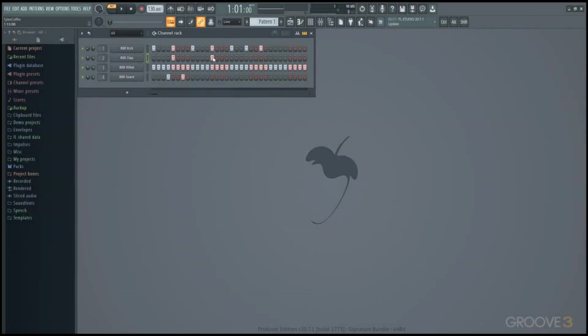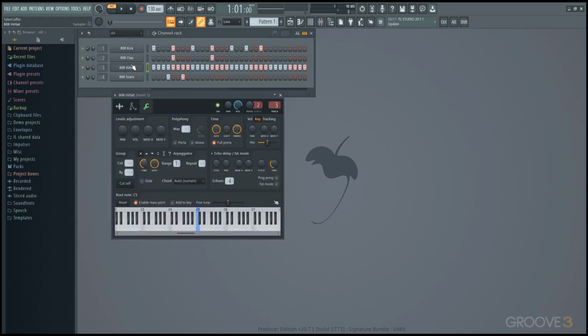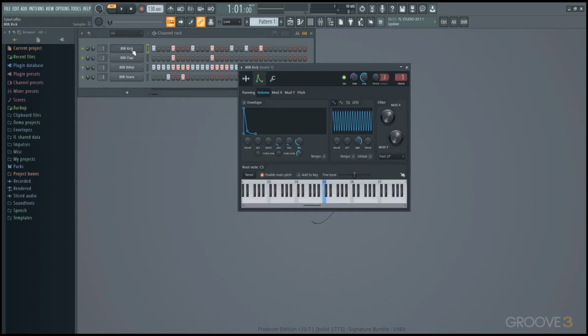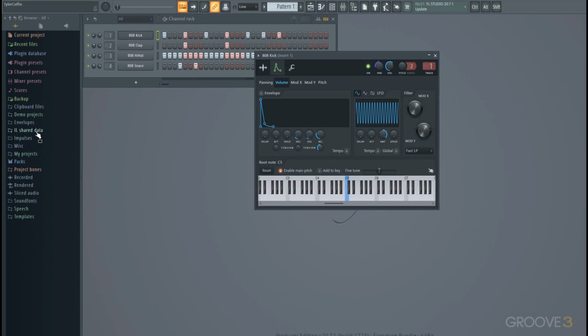We've gone through the channel rack, and so far this has been all fine and good for working with samples that are already in here, but we can actually go in to see a bit more, like add in your own samples or things like that. And what we do for this is go over to the browser on the left side,